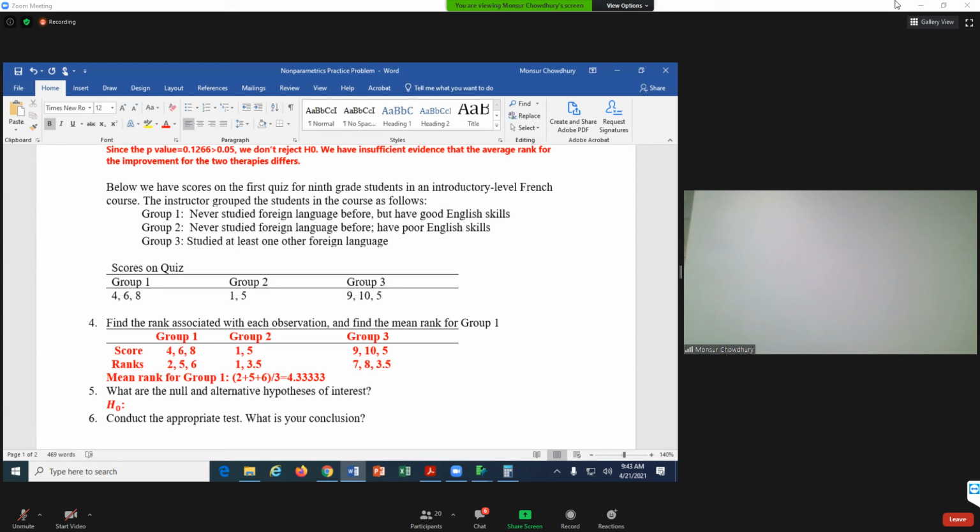Are the groups independent? Yes. So we're going to do the Wilcoxon rank sum test, but we have 3 groups, so we call it the Kruskal-Wallis test. For the Kruskal-Wallis or the Wilcoxon rank sum test, we use the mean rank, not the median.